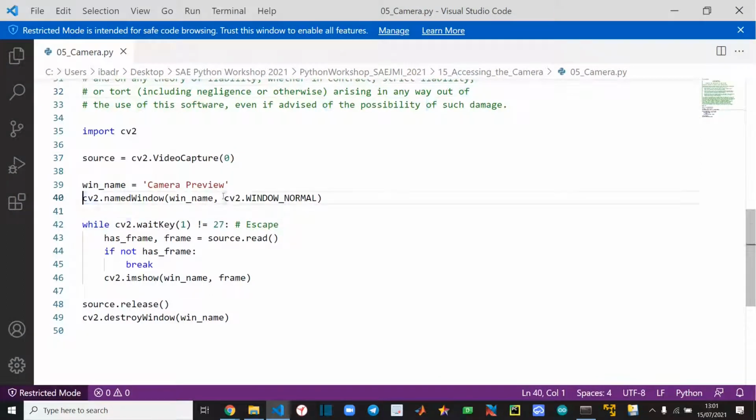Okay, and then we'll name the window, in this case camera preview, and we'll go into a while loop, and the while loop will end when we press escape. So this is the syntax for that: while cv2.waitKey not equal to 27, the loop will be running. 27 means escape. There are also other syntaxes. We'll have one more session and we'll talk about those syntaxes there next week. And yeah, so until you press escape,